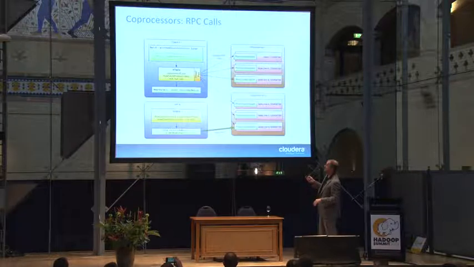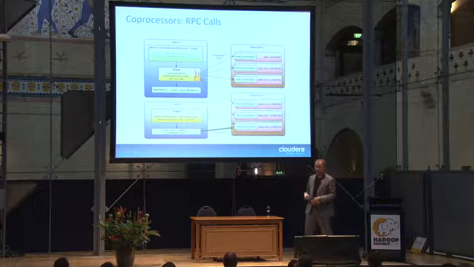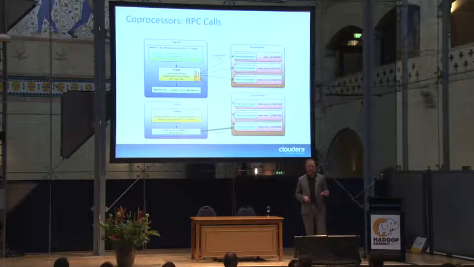And so there's a couple of ways to invoke this. You can deploy a custom RPC, and then you can say, give me the row counter, for example, and it would return a value. So these are the two things to our coprocessors.